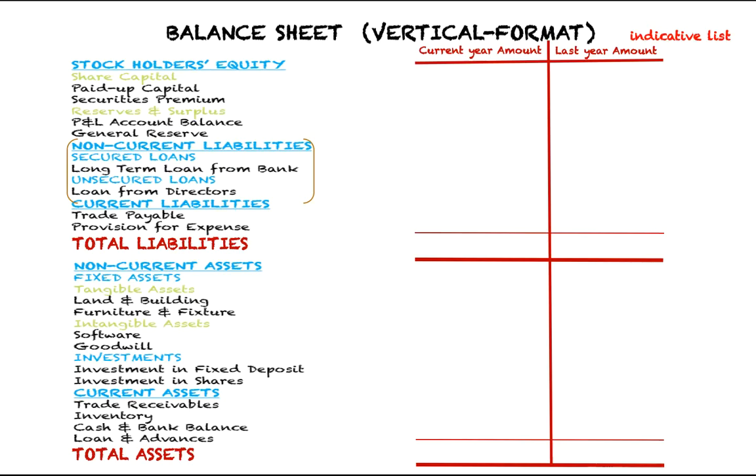Your long-term loans which are going to mature or which are payable beyond 12 months from your balance sheet date are shown as non-current, and the same loan, whatever portion of that loan is payable within 12 months, then you show it under current liabilities as other current liabilities, or as term loan, current portion of the term loan under current liabilities.